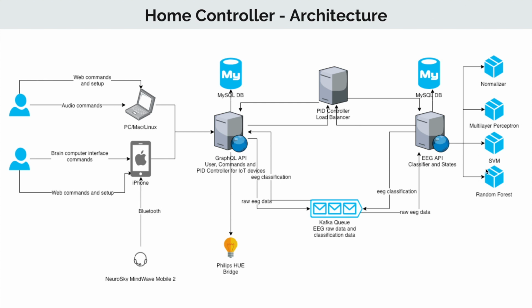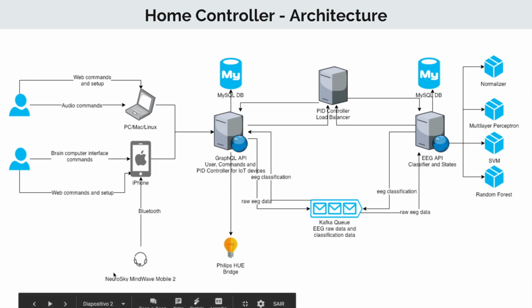As soon as we generate our classifiers and we classify the brainwaves that are coming from the user, those are pushed back to the queue, and then the queue returns those values to the GraphQL API, which communicates back to the user. So for the iPhone, for the mobile application that we have, the iPhone application, all the brainwaves